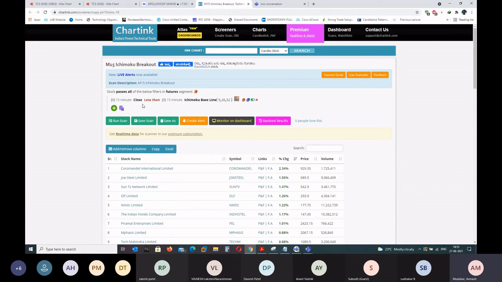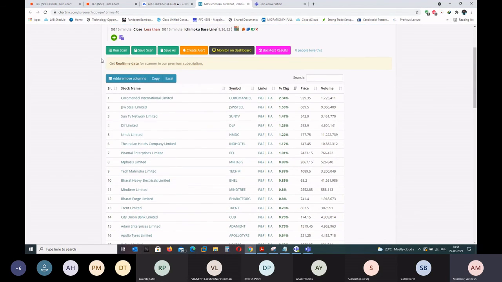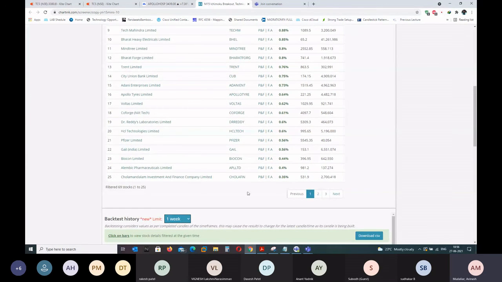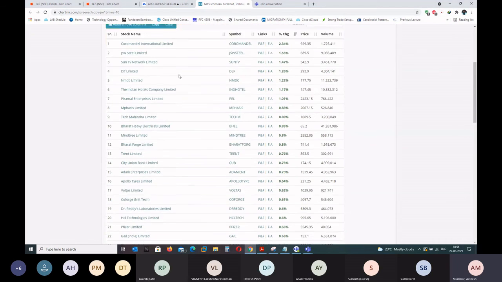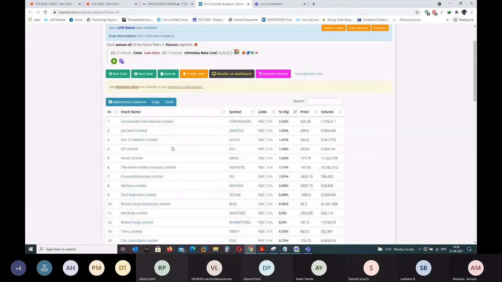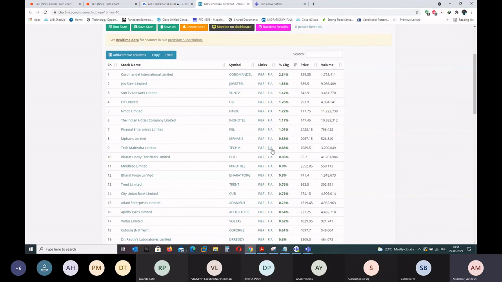You can copy this, or you can see the recording and mimic the same on charting. Run it on the EOD, then you get a list. Okay, this is the list. Once you get the list, if it is too much for you, you can look into each individual chart, or you can reduce the number of results based on the price, like saying price greater than 100, something like that.